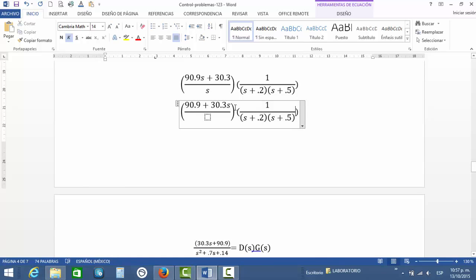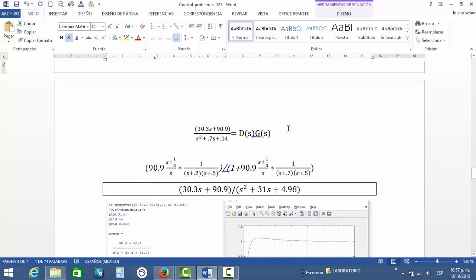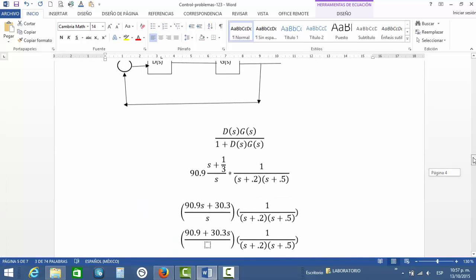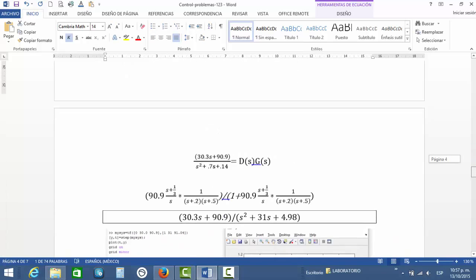Then we multiply this formula, that is Ds, with this formula, that is Gs, and we obtain this formula. Then we substitute in the first formula the value of Ds and Gs, and we obtain